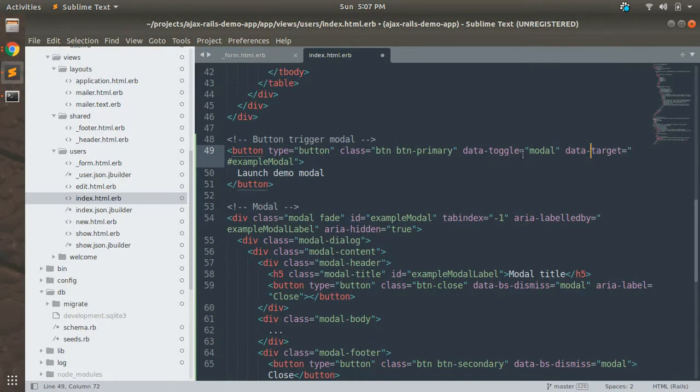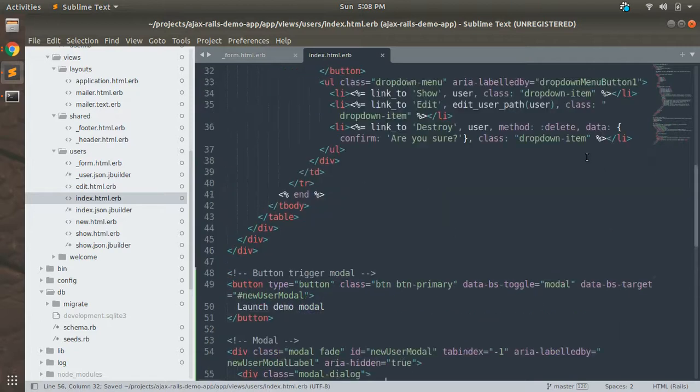So this is for older versions, but we are using Bootstrap 5, so we will use data bs toggle and data bs target. So first of all, let's rename the id of this modal. We will replace example modal with new user modal.